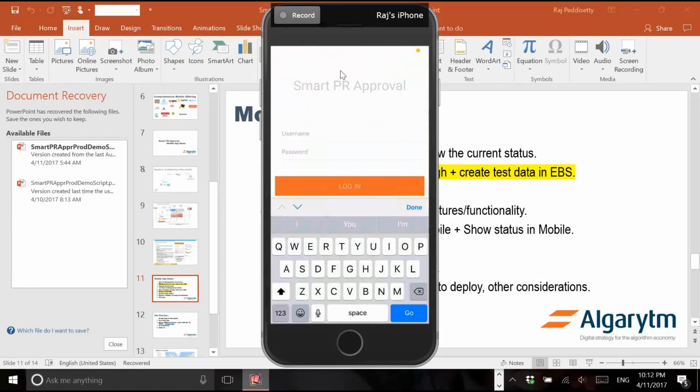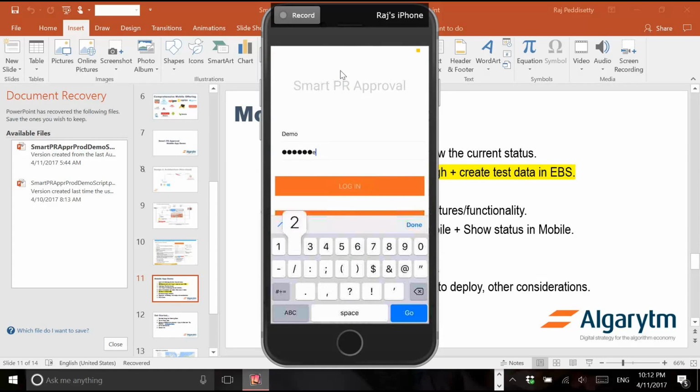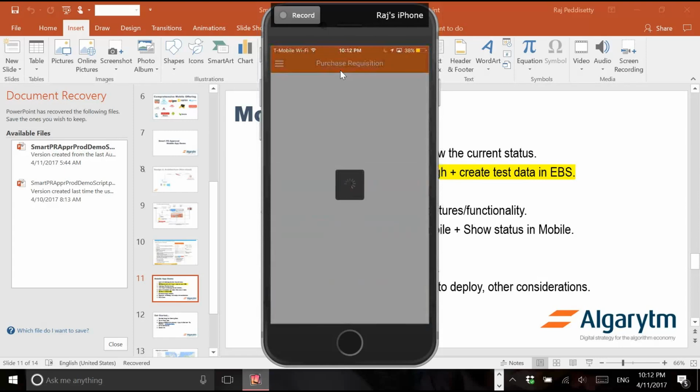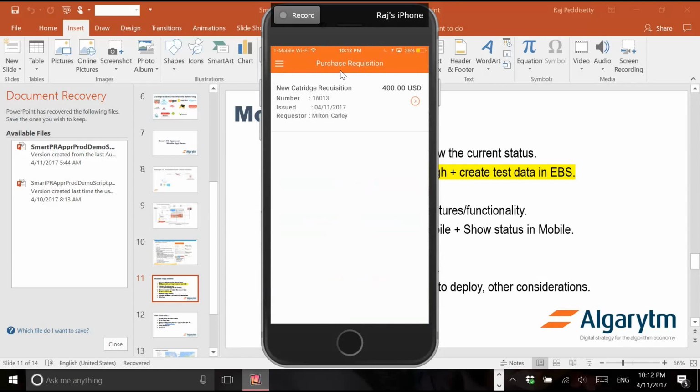All right, I will come out of the demo mode and I will log into the mobile app in real time. We will first see what we have there. The network is a bit slow today. So right now we have one open PR and the PR number is 16013. So let me note it down. It's 16013, and I'm not going to touch this one